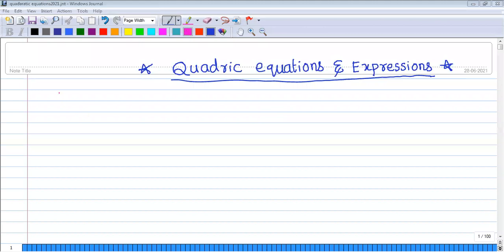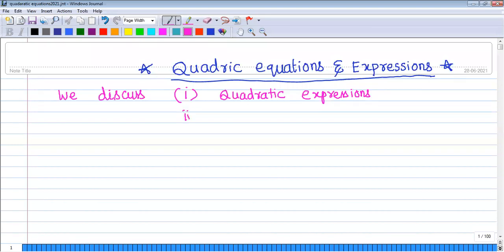In this chapter we discuss first quadratic expressions, second one is quadratic equations, third one is nature of the roots of quadratic equation,